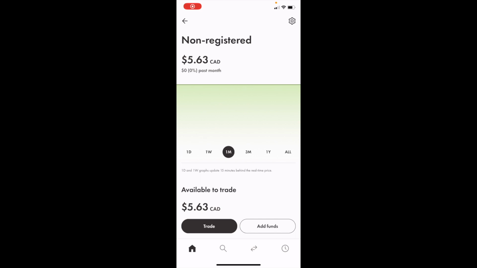So in this Wealthsimple tutorial video, I'm going to be showing you guys how to buy Carnival Corporation call options in Canada, ticker symbol CCL here on Wealthsimple. So once you have Wealthsimple opened up on your device, what you have to do is go into your account,